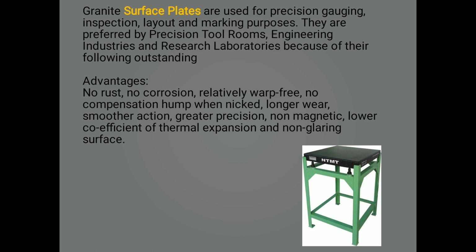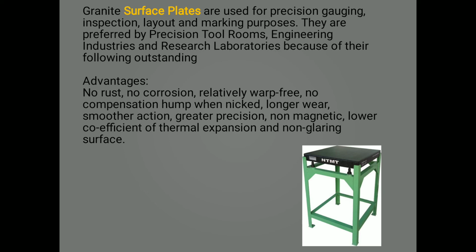As you can see, there are three types of materials used for surface plates: cast iron, then glass, the mechanically toughened glass, then the natural granite plate. Granite has distinct advantages because it is not affected by magnetic waves, has a low coefficient of thermal expansion, and has a glare-free surface. Glass has glare, so that we cannot take accurate readings, or we will suffer from parallax error.